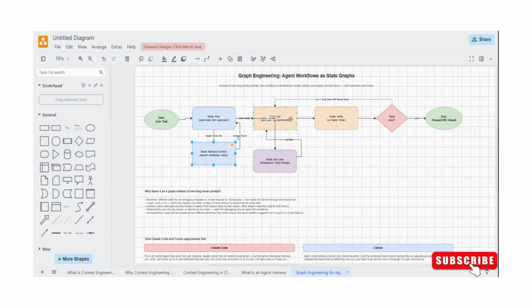you retrieve context, then you do the action or implementation, and then you do the verification. If in the verification tests are failing, it will go back and readjust the test cases, execute again, then go back in. So this is what graph engineering is, which tells each step what it has to do, and it should complete by going back and forth, communicating, improving and completing it in the end. Whereas in context or harness engineering, what we have discussed till now is